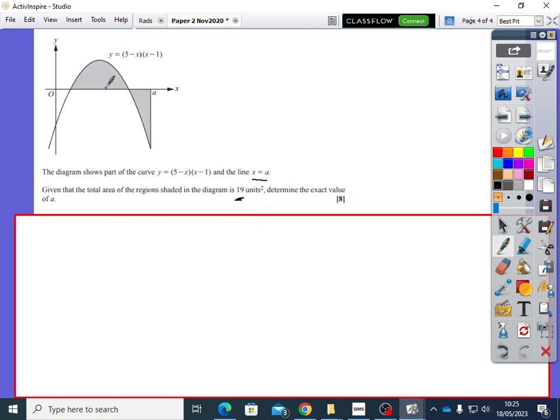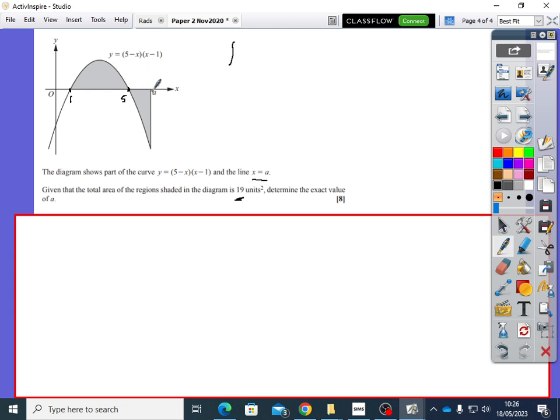Okay, so the best way to deal with this question is first let's deal with this area here. Let's split it up. When that factorizes, you know that x equals 1 is where it's going to cross here, and when x equals 5 the quadratic is going to cross here, and we need to find what a is. So first thing you could do is integrate